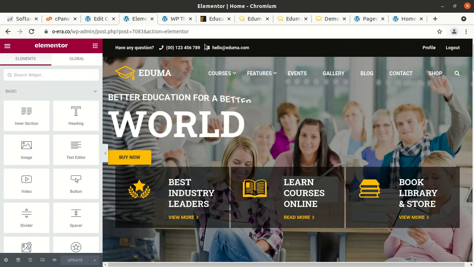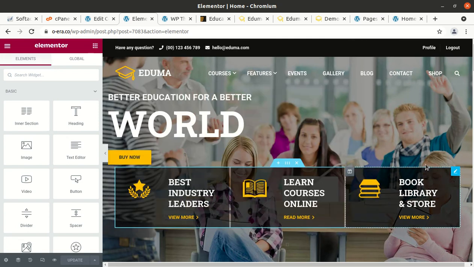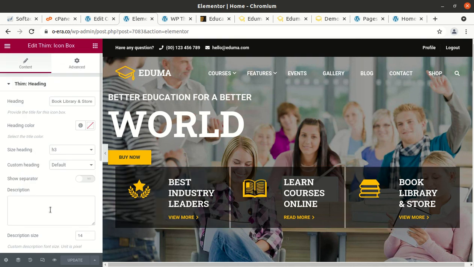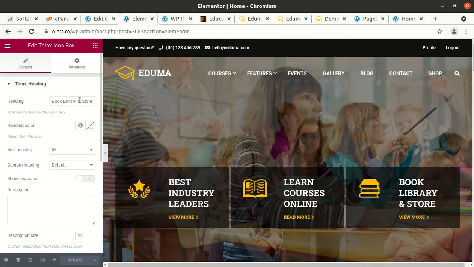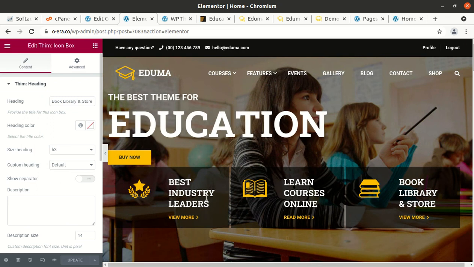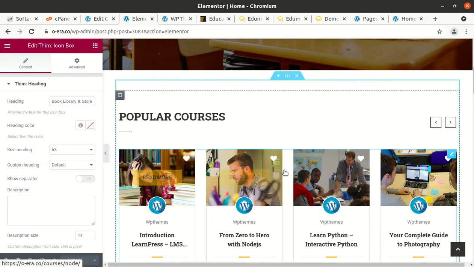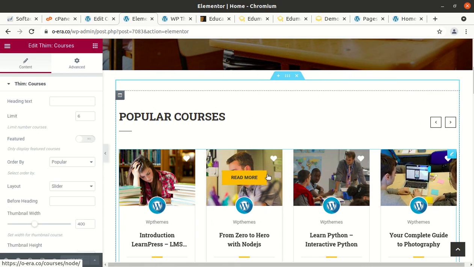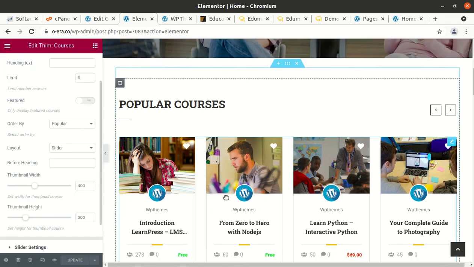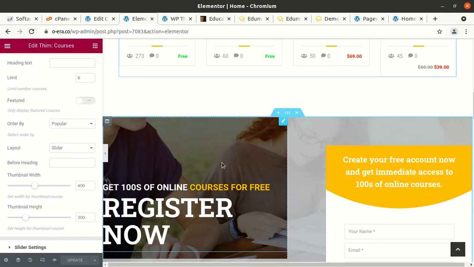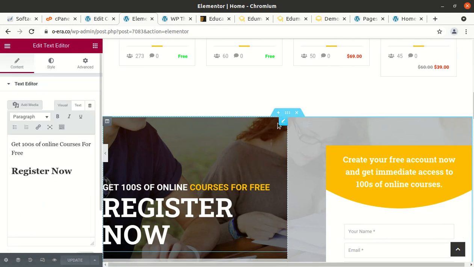And the Elementor page builder is here. You can simply click on the area which you want to edit, and you will be able to edit the contents. It is very simple. So the heading is here, and the rest of the description is here, and these things are coming from the courses, so you can handle these things in the courses. Content can be edited simply,